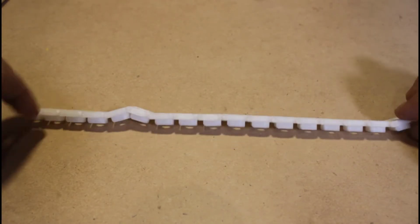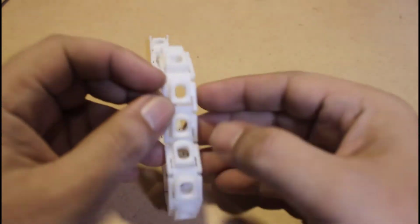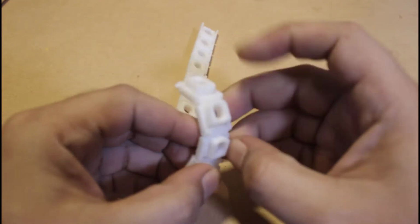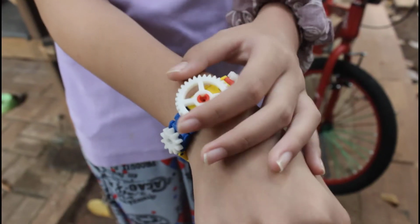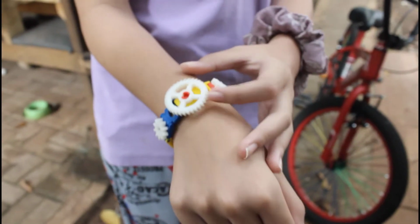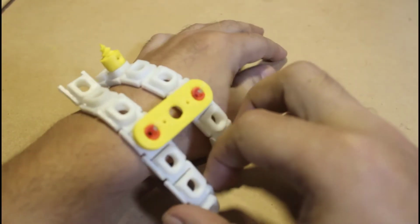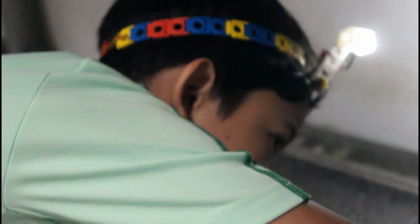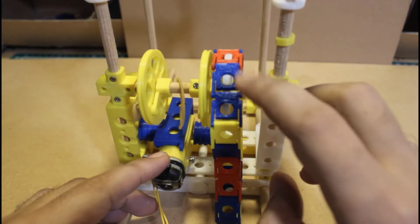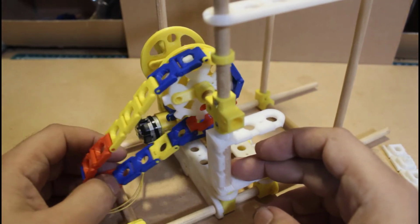And then we have the chain system if you would like to use it. So it's modular also. Every single chain, you can make as a bracelet, or if you want to have the conveyor system, add more blocks, add the rubber on the tip and make it a headband, so it actually run on its own gear because